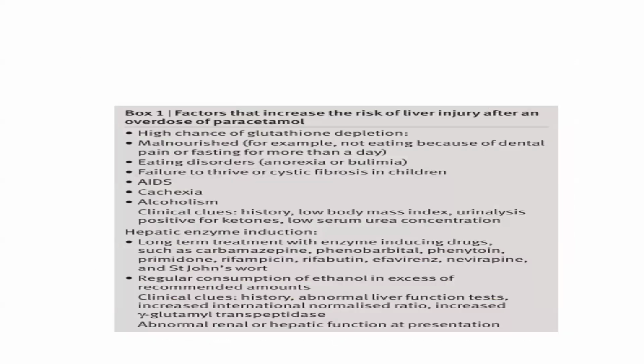So, factors that increase the risk for liver injury after overdose of paracetamol. That is, high chance of glutathione depletion. The second risk factor is malnourishment, then eating disorders, failure to thrive or cystic fibrosis in children, AIDS, cachexia, alcoholism, then hepatic enzyme induction like long-term treatment with enzyme-inducing drugs such as carbamazepine, phenobarbital, phenytoin, primidone, rifampicin, rifabutin, efavirenz, nevirapine, and St John's wort. Regular consumption of ethanol in excess of the recommended amount. Clinical cues are history, abnormal liver function test, increased international normalized ratio, increased gamma-glutamyl transpeptidase, abnormal renal and